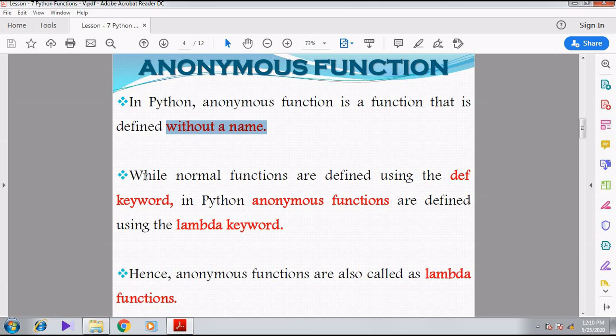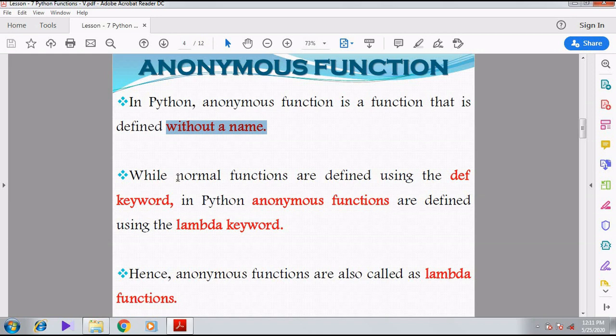So what is the difference between anonymous function and other functions? Whenever the user is defining a function, the user will give a name for the function. The function name may be fact, add, multiply, or like that we can give any name for the function, but the user will not create a function without a name. So what about the anonymous function?